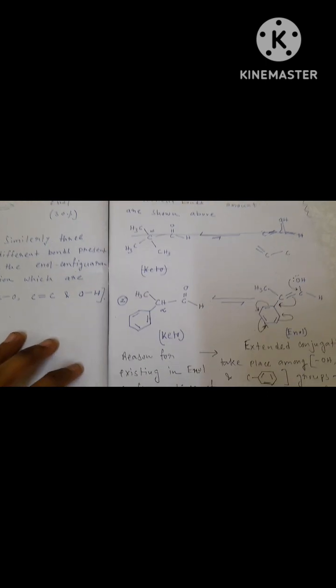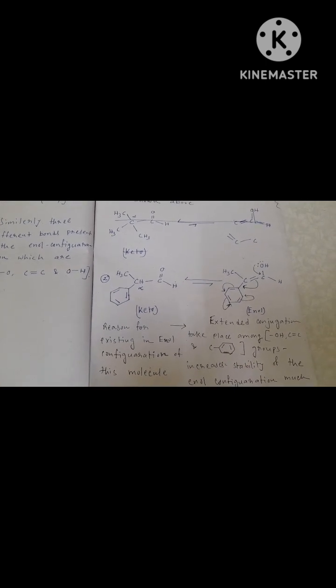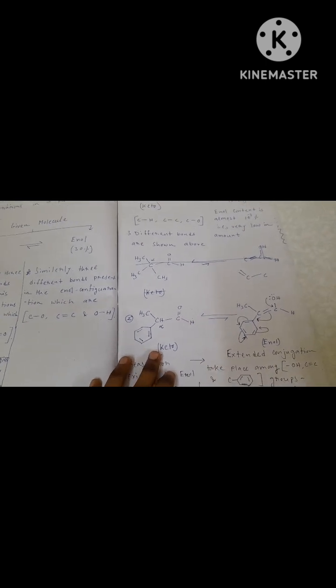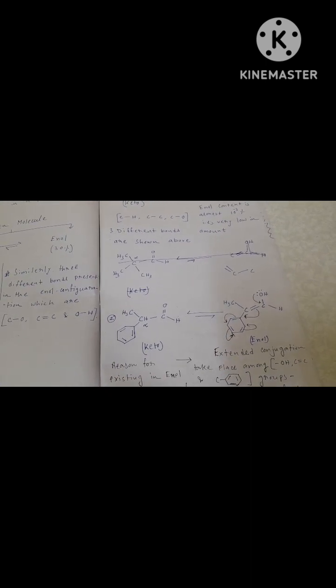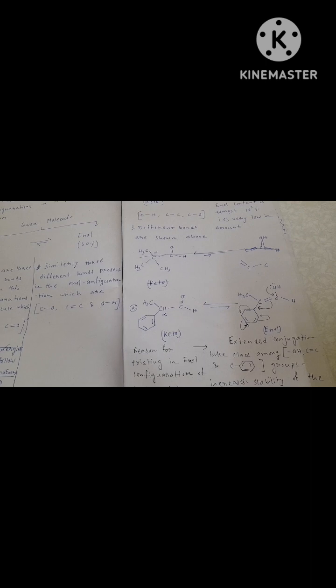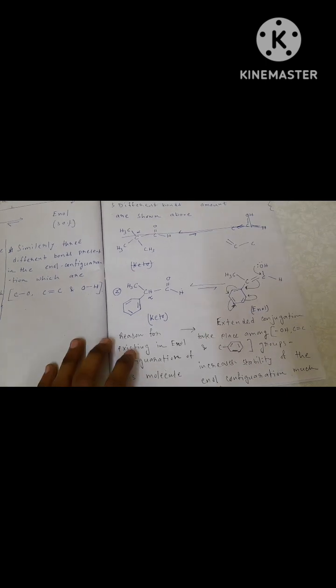And another example I have shown here, this is also an example of an aldehyde. Here also at the alpha position there is one hydrogen atom present, but in this molecule keto is not so stable as enol. That is, in this case the enol configuration is much more stabilized than keto, which is not usually the characteristic of tautomerism, right? We know that keto is much more stable than enol form, but here this will not follow